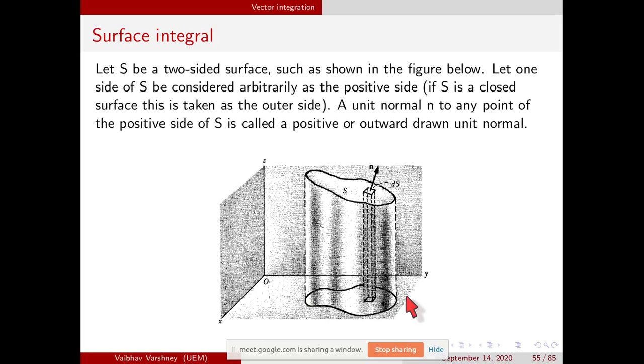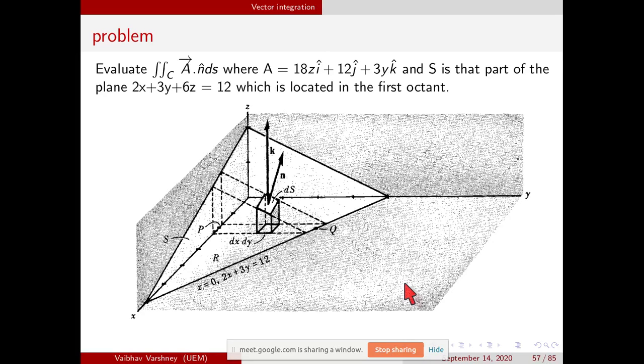Now this point is clear. Yes. So whenever we are doing surface integration, we need two proper limits, x and y, and I am doing it in the xy plane. You can also do it differently: instead of projecting this element on the xy plane, you can project it on xz and yz.